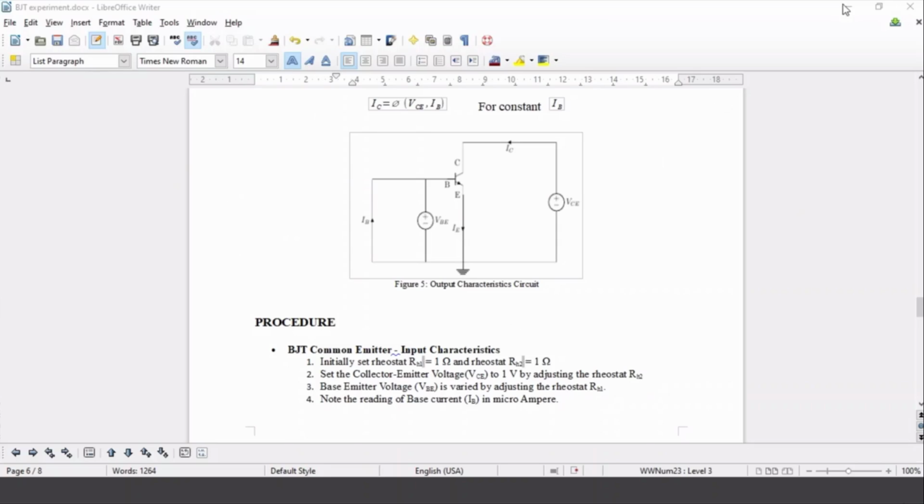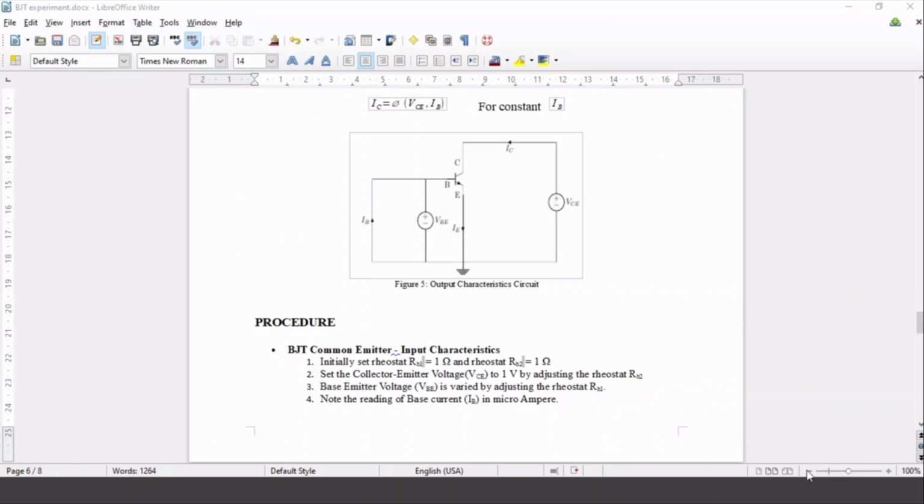Okay, fine. So our session for today's lab, our discussion, is completed. Please go through this lab manual once again. Also the theory portion which I have discussed with you, go through this recording once again, once the link is shared with you, because I know that this is common emitter configuration, the transistor action, so many things I have discussed in this session, but it may be difficult to grasp everything in a single go. So try to go through this recording one more time, okay, for better understanding. Fine.